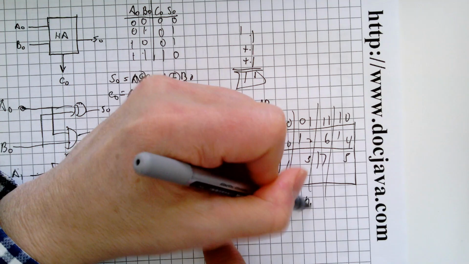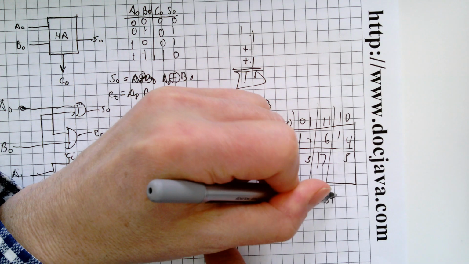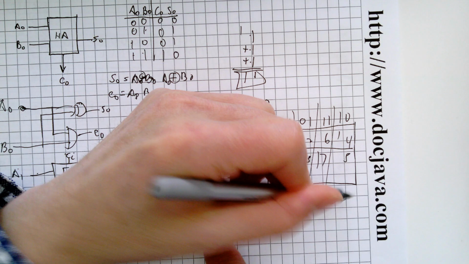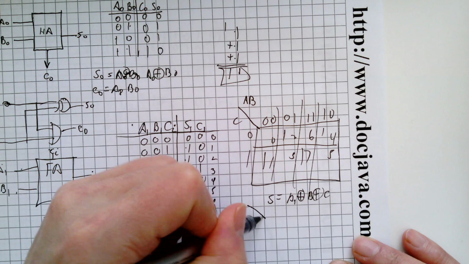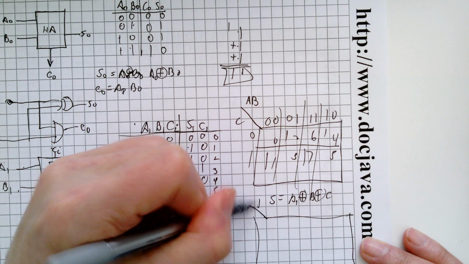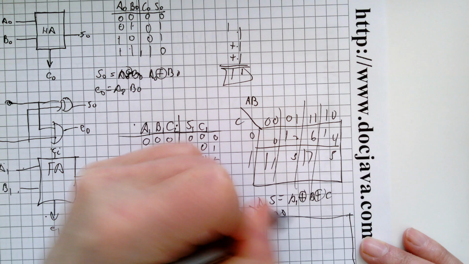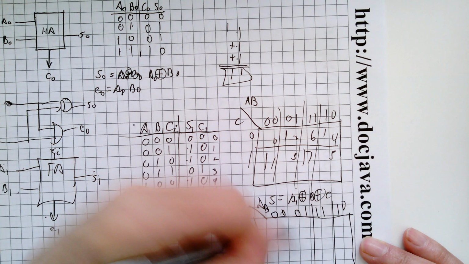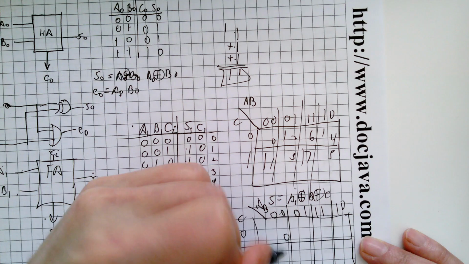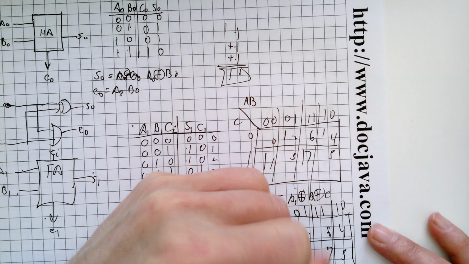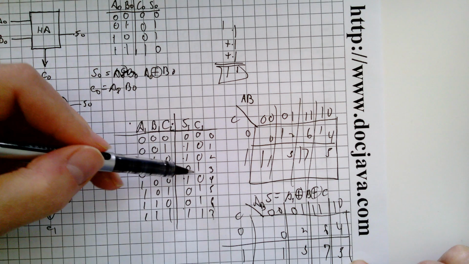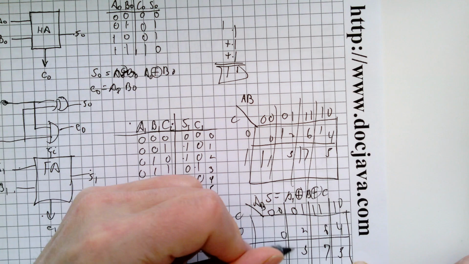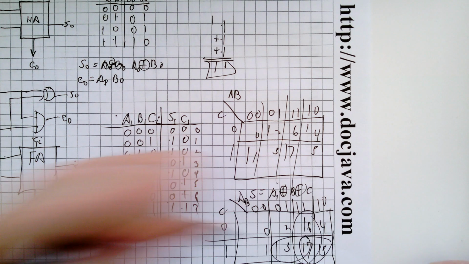So that's A exclusive OR, B exclusive OR, C. And then similarly, you could do the K-map for the carry, and it's going to be 3, 5, 6, 7, and then you can loop here, and loop there, and that'll be